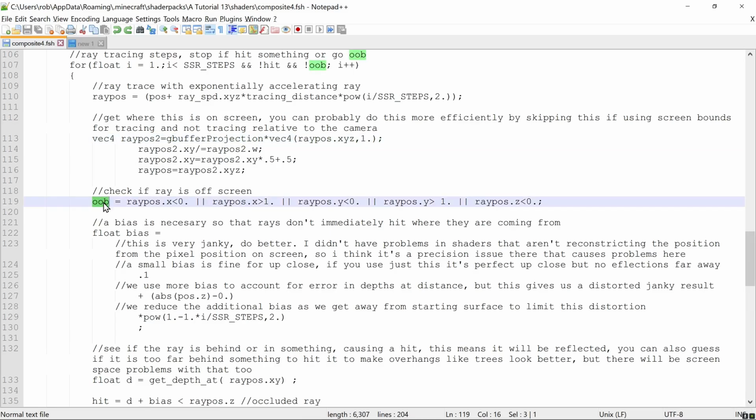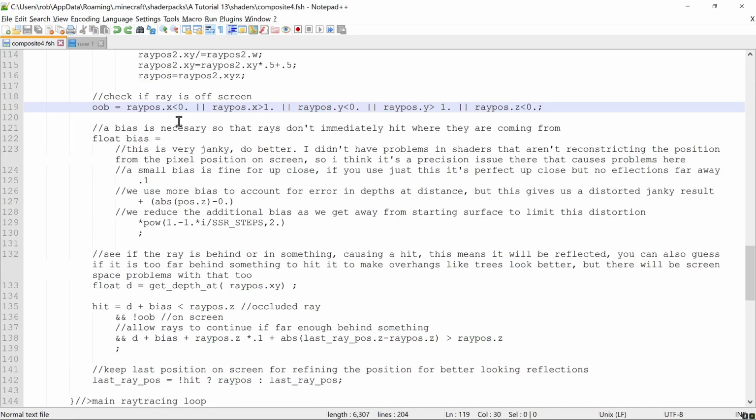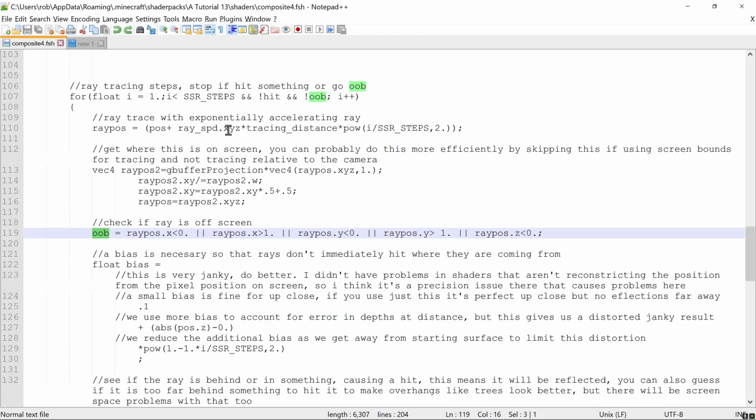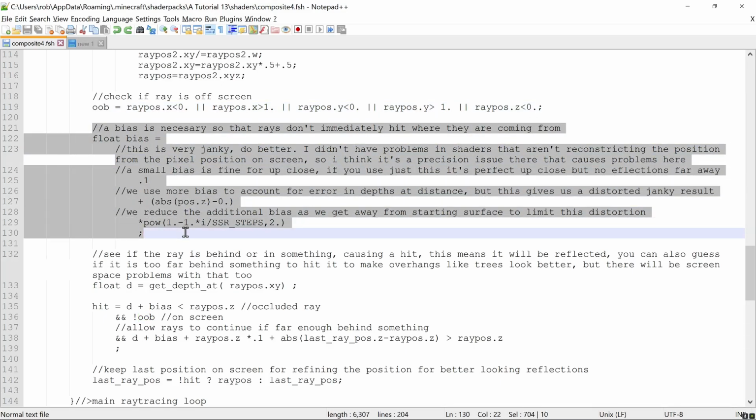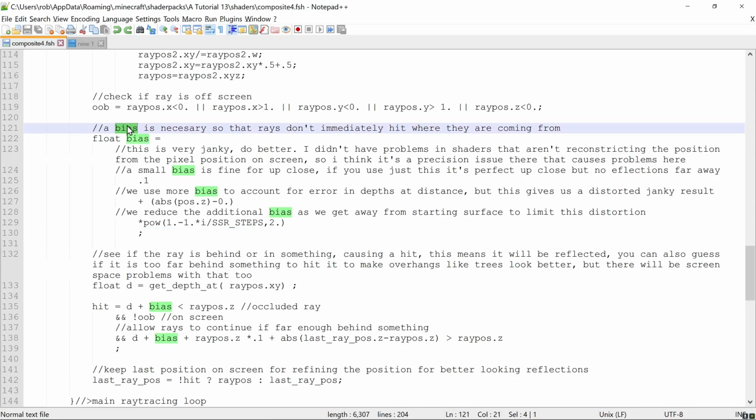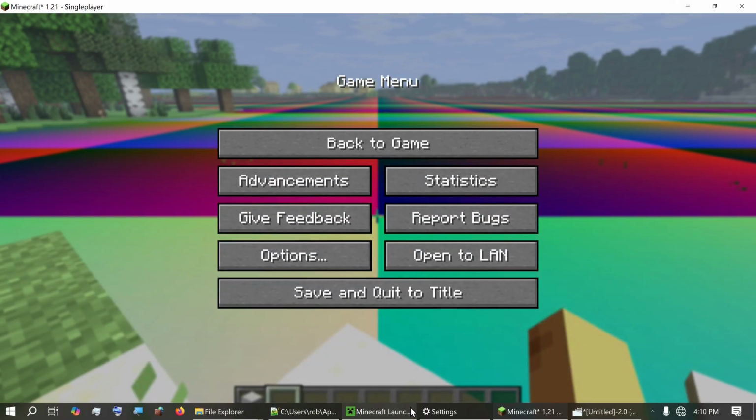And then what we need to do is we're going to check if this ray is off screen, which you could do a few different ways. You could do that, or you could just check if the clamped value is the same. But I think this explains it better. If the ray X value is off the screen at all, or it's behind us, then the ray is out of bounds. And if the ray is out of bounds, we're going to stop checking it. This is the sketchiest part of this tutorial, and it's something I don't like, is the way I'm doing a bias. When we're doing our ray tracing,